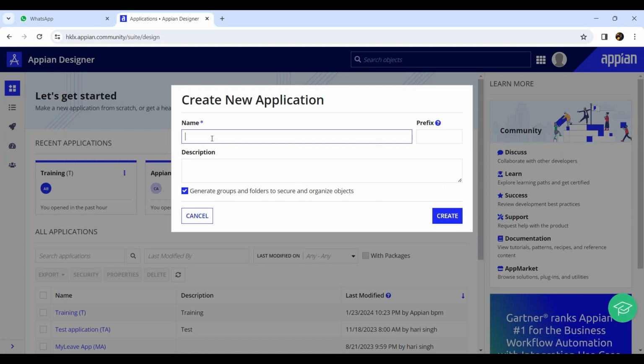When you click new application, it will ask you to give the name of that application. As we are talking about leave management system, we can say leave management system. Once you give the name, Appian will suggest the prefix of this application. A prefix is like the short form of your application name. You see LMS, it is taken from leave management system. If you want, you can change this prefix. Whatever prefix you set here, in future all objects we create for this application will start with LMS. We can put a description,